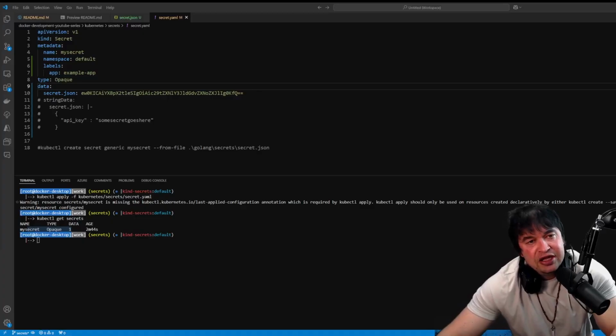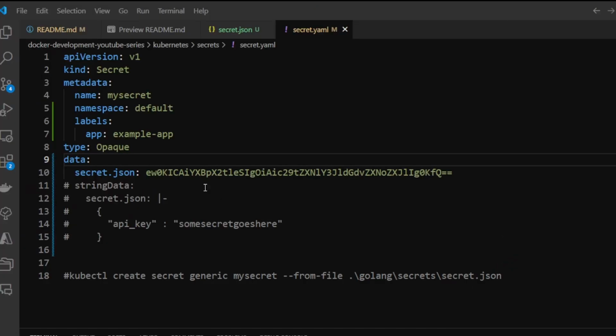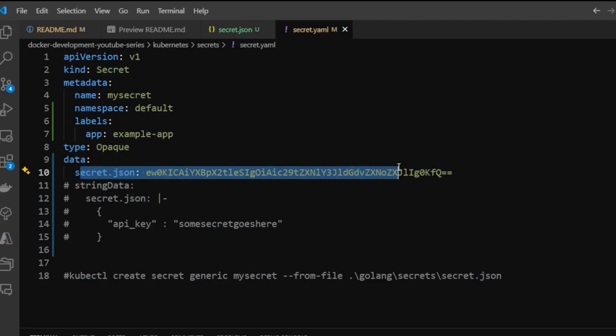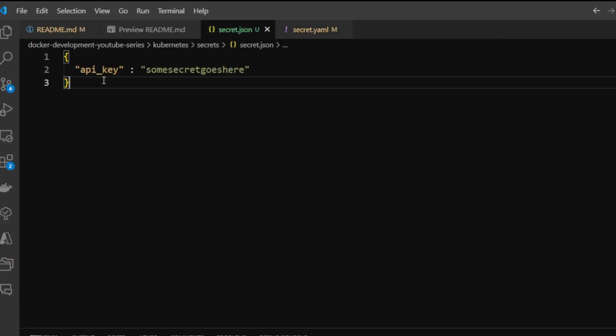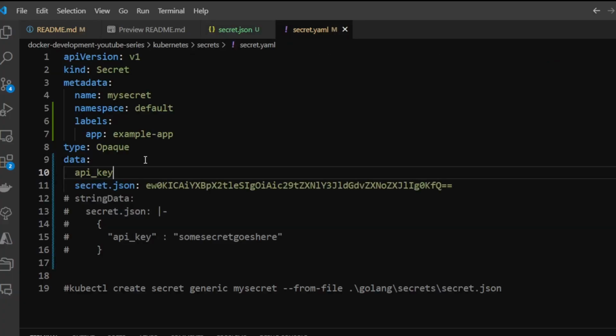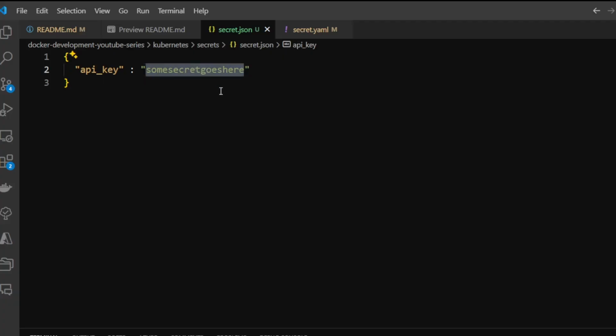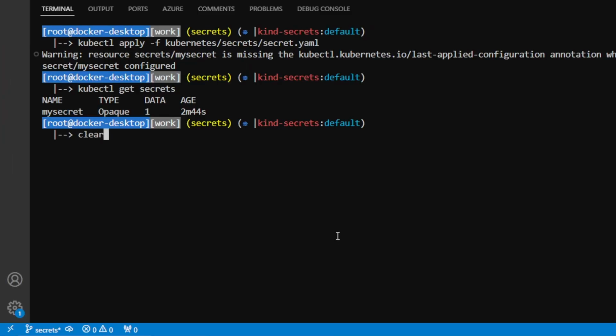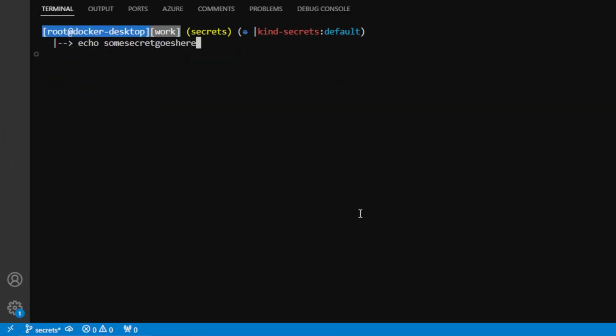Now, before we go ahead and use the secret, I wanted to show you something else as well. At the moment, we're covering a file only. This will not help us when we want to mount secrets as environment variables. Now, luckily for us, the data field provides key value pairs. So what we can do is head over to our secret. We could take this API key and we could add API key here as well. If we take this value, we can pop down to the terminal and we can say echo that value, pipe